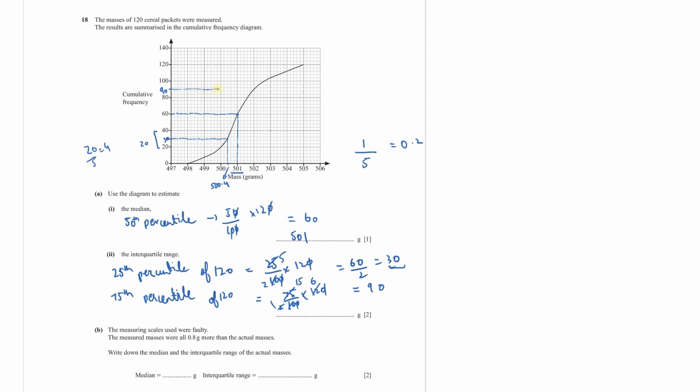So I have to find where it intersects the graph. So this is the point where it intersects. So what is the value here? So if I keep going down, this is 502. So your interquartile range,